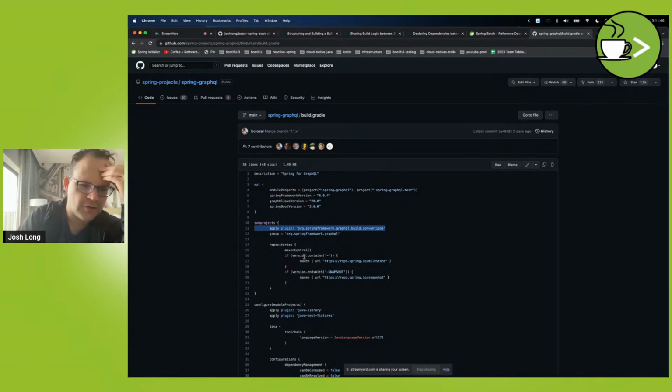That's really cool. So if the version contains a dash, then the repository should search in milestones. Otherwise, if it contains snapshots, look in snapshots. That's really cool. Okay, but